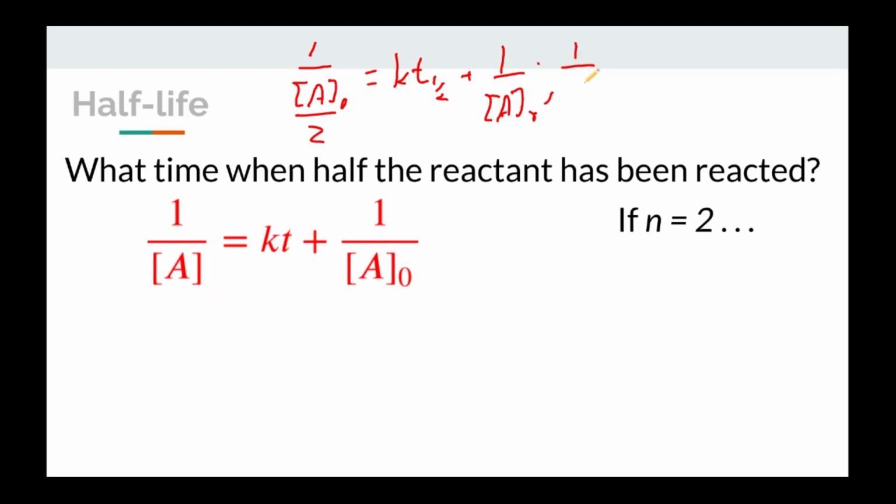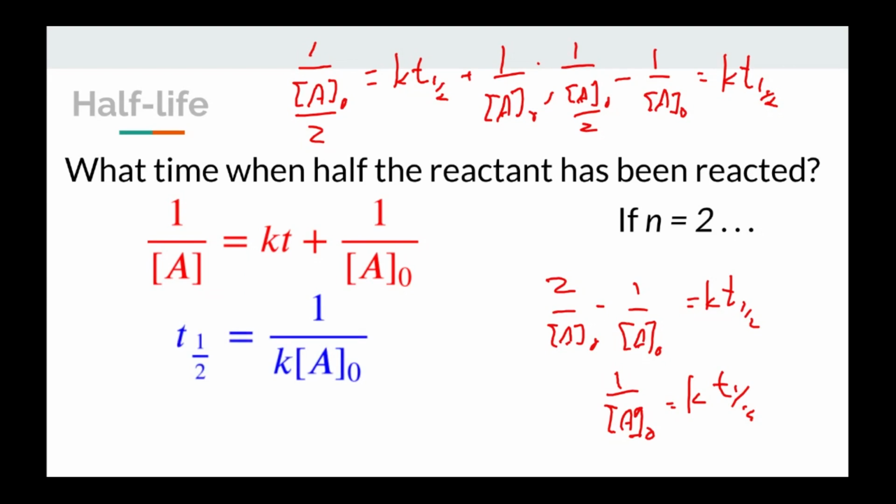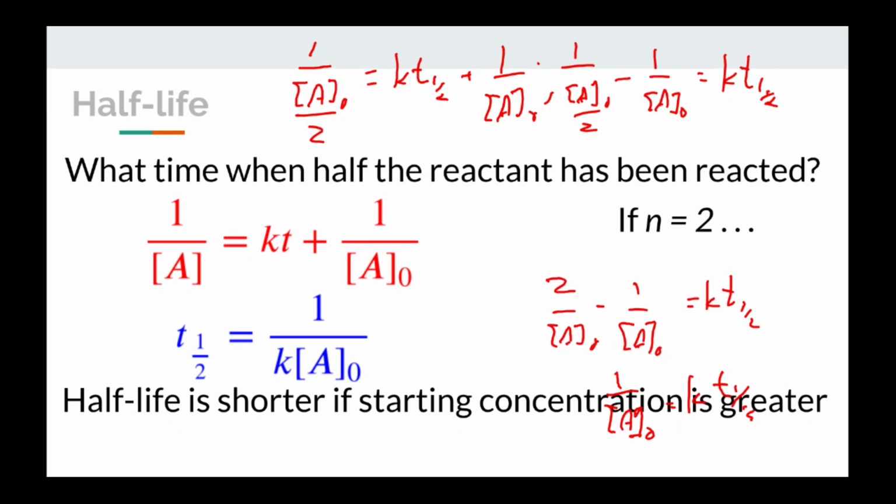So that means 1 over the starting concentration over 2 minus 1 over the starting concentration is K times the half-life. So 2 over the starting concentration minus 1 over the starting concentration is K times the half-life. 2 minus 1 is 1, so 1 over the starting concentration is K times the half-life. If we divide both sides by K, we find the half-life is equal to 1 over K